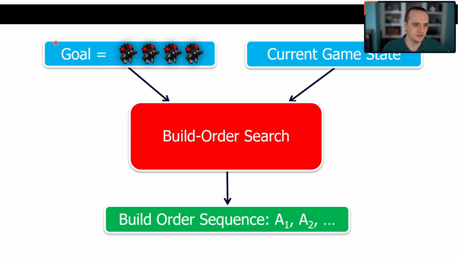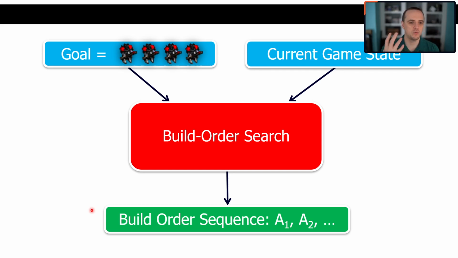Given a goal set of units that you would want to construct, for example, I want 4 Marines, I want 12 Mutalisks, I want 3 tanks, and a current game state, for example, the start of the game, my research was a build order search algorithm. When it ran the search algorithm, and we did search algorithms in 3200, it produced a build order sequence that got us to that unit goal in a time optimal fashion.